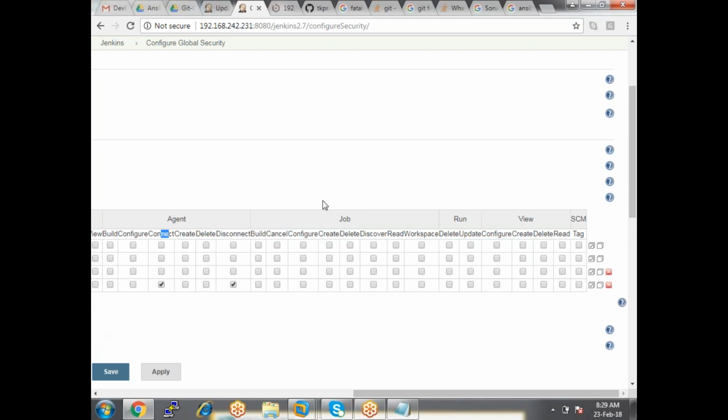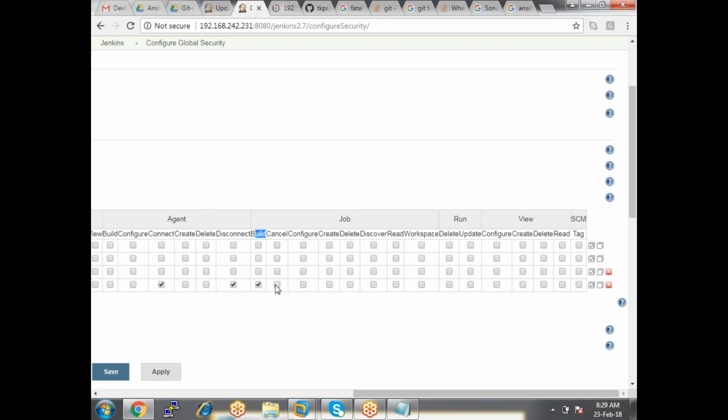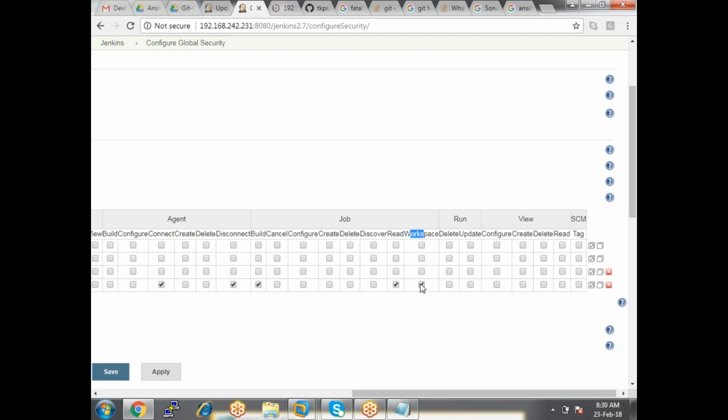And the second thing is the job level. At the job level, within this you can build a job, no issues, but you cannot cancel this. You can build it but you cannot cancel. And no configurations, no creation, no deletion now, but he needs to have the read access, right? The read access obviously, and then let him have the workspace access as well.